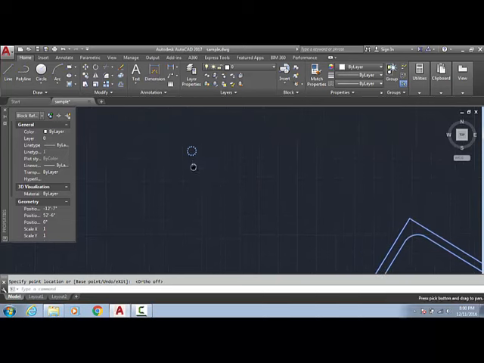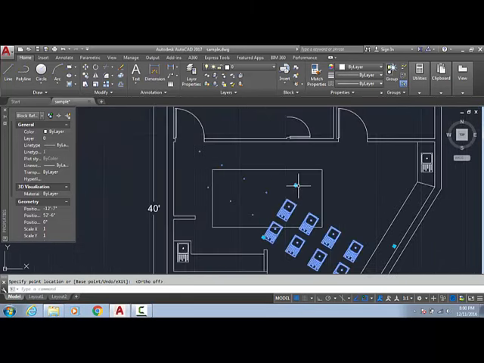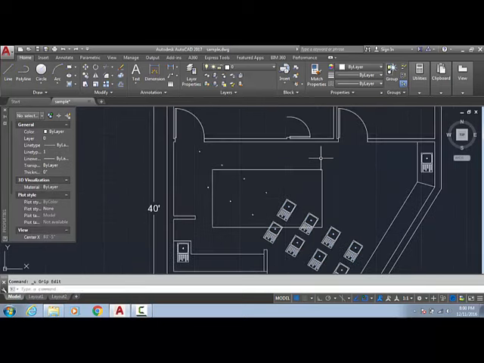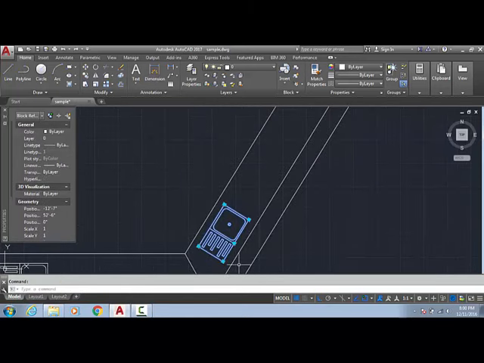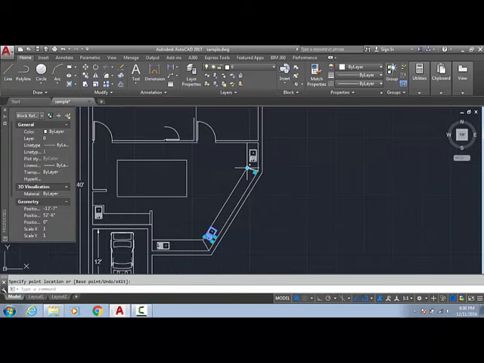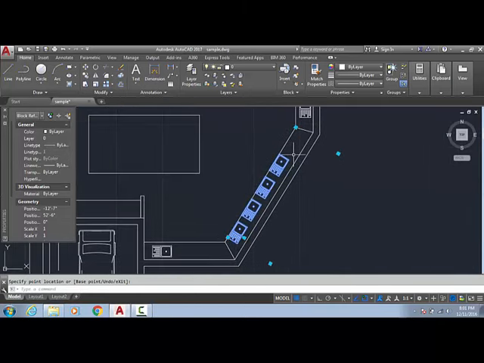These objects did not get selected due to some problem, so we will select it properly. Now what do I have to do? I am again switching off Ortho, and now just drag it here. If it is not working, just try to drag this, because it should be 3 by 3 whole. I am showing you what this 3 by 3 is.